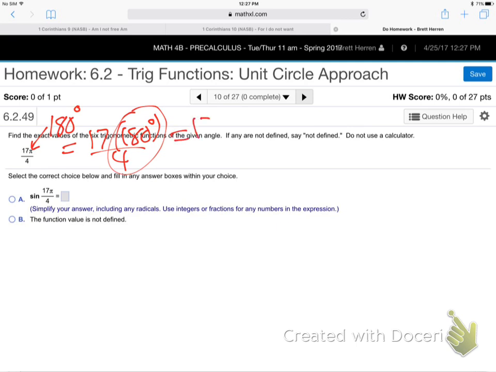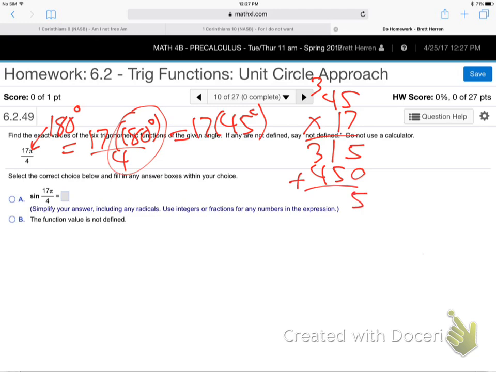So this is just 17 times 45. And then you just write that out and do it. If you know more advanced methods, I'll show you other ways. But this is the worst case scenario. You can do this at least. So 17 times 45. 5 times 7 is 35. Oops, I'm kind of getting scribbly here. 28, 23, 31. Add a 0, 45, 6, 765 degrees. So we converted that to